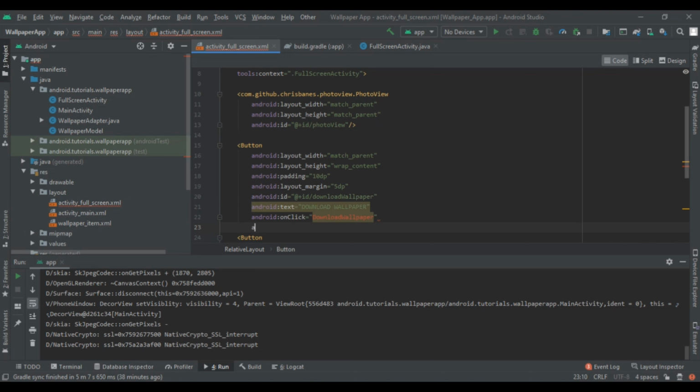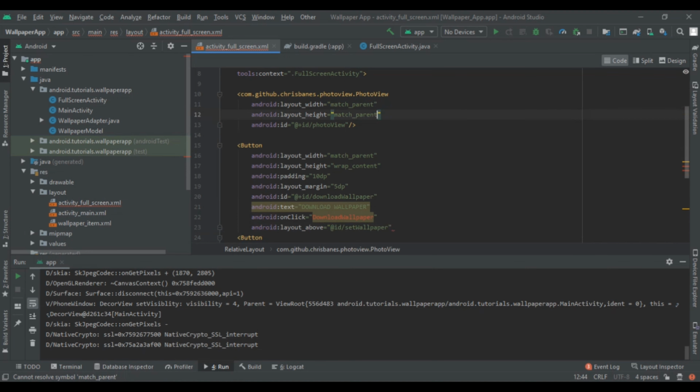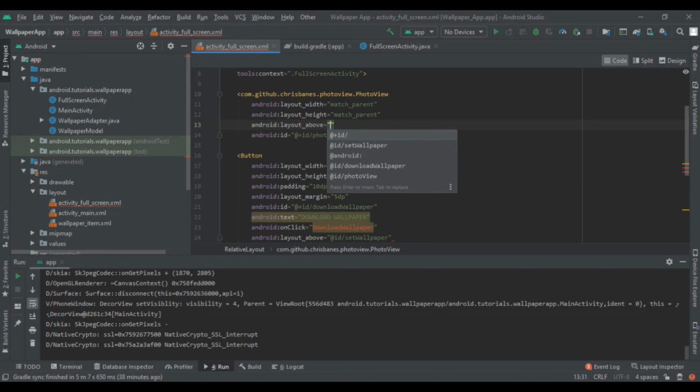So we are going to make the set wallpaper button above our download wallpaper button.